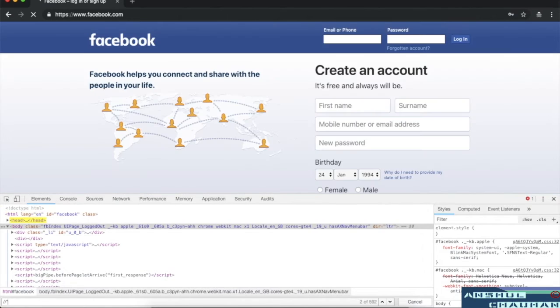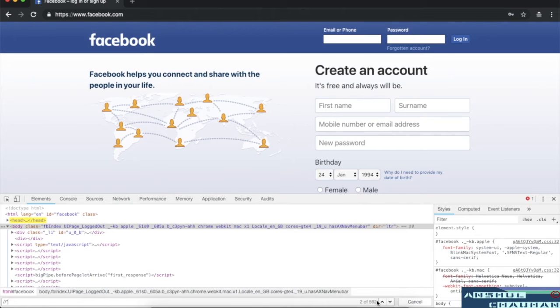Hit enter. You can see we have 592 web elements on the Facebook landing page. So with the help of double slash asterisk, we can find all the elements present on this web page.